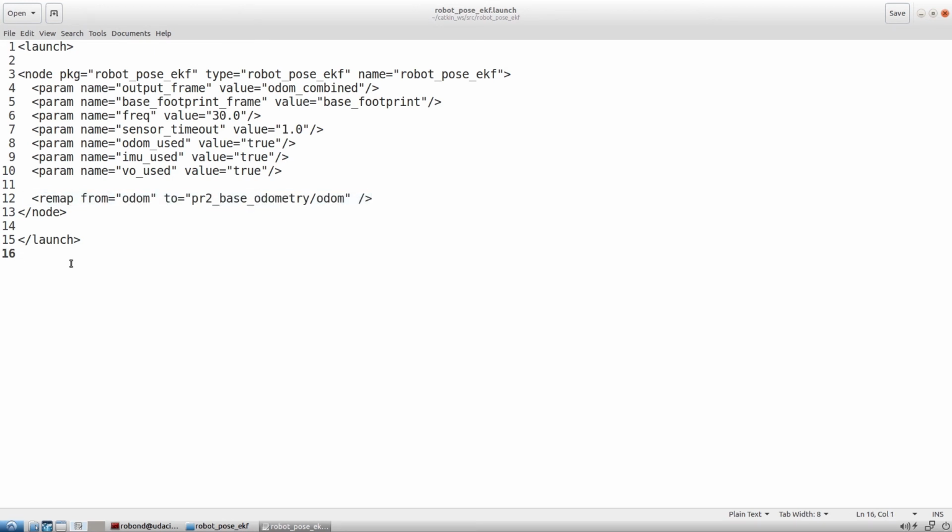Now, clone the EKF package inside the src folder of your Catkin workspace and edit the launch file with the following changes. First, delete the remap statement since we want the encoders to publish on the odom topic. Then, turn off the 3D odometry pose since it's unique to this package. Inside the same launch file, remap the IMU topic to match with the TurtleBot one. After you complete these steps, build your package and launch the node.